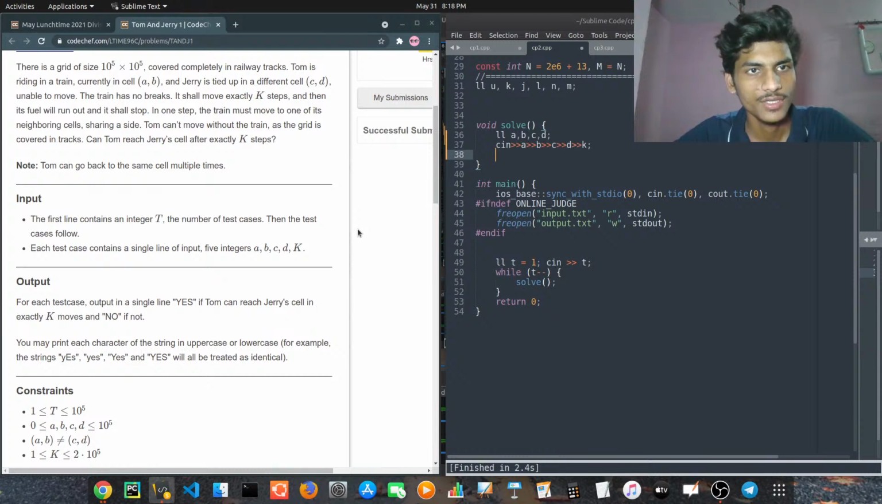A grid of size covered completely. Tom is riding in a train currently in cell A and B. Jerry is tied up in a different cell. Okay, unable to move. The train has no brakes. It shall move exactly K steps and then its fuel will run out, and in one step the train must move to